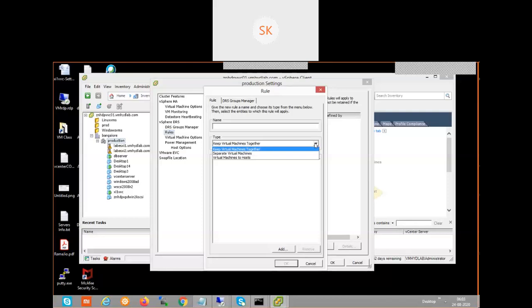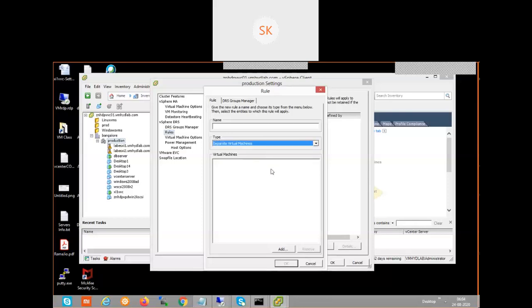For example, there are two VMs running, web server 1 and web server 2. If both are running on the same ESXi host, what will happen if that ESXi host goes down? My web server is going down. Currently, web server 1 and web server 2 act as load balancing servers at the web application level. If both servers are running on the same ESXi host and that host is down, both web servers are going to restart. I need to avoid that. What do I do? I can create an anti-affinity rule. Select separate virtual machines.